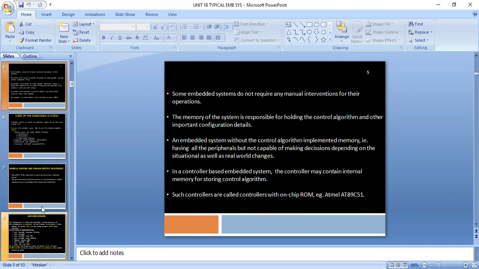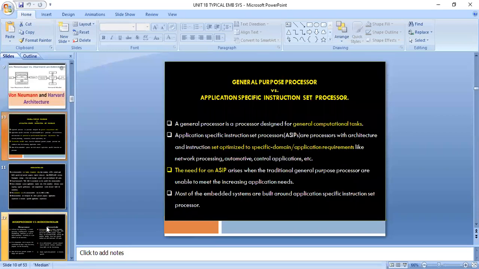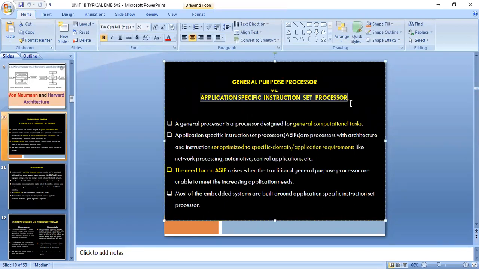Now, we are going to study about the difference between general purpose processor and application specific processor. Simply in shortcut, we can call this as ASIC. What is general purpose processor? General purpose means we can remove that processor from the core. We can